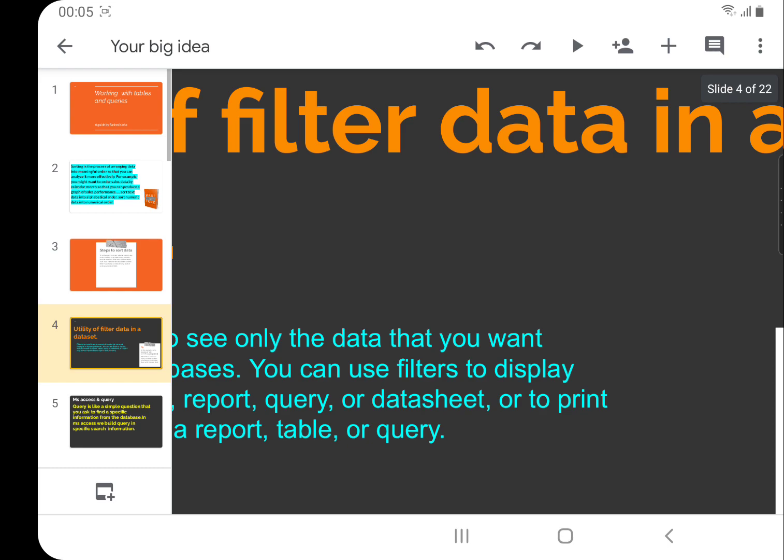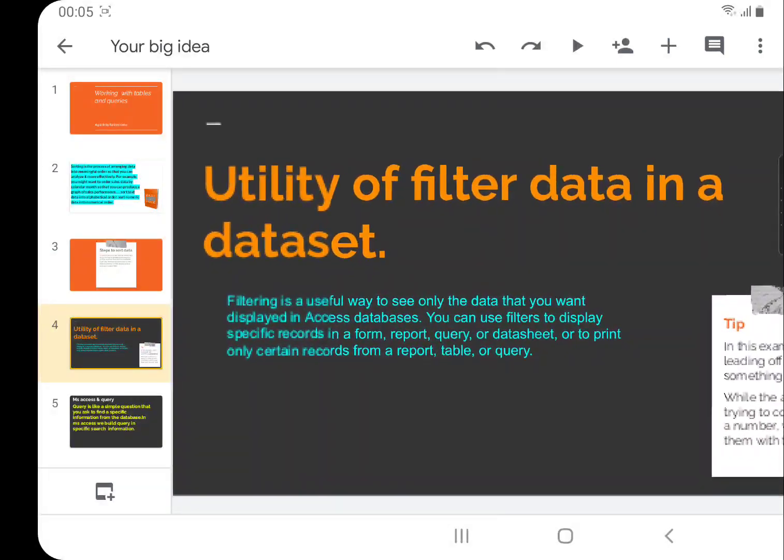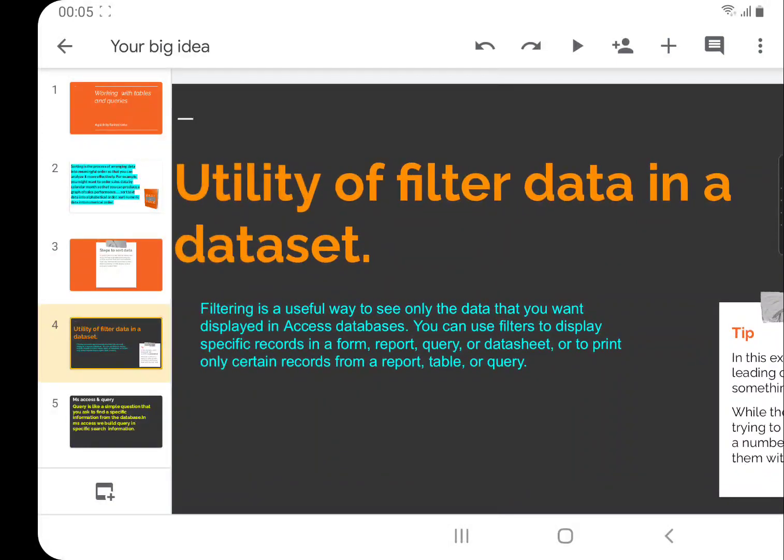Now the next. Now we'll talk about the utility of filtering data in a datasheet. What is filtering? What does that mean? Filtering in a datasheet implies displaying specific records while hiding the rest of the records until the filter effect is cleared. Filtering is very important, like when you filter tea leaves from the tea solution. Why? Because you don't want to carry them.